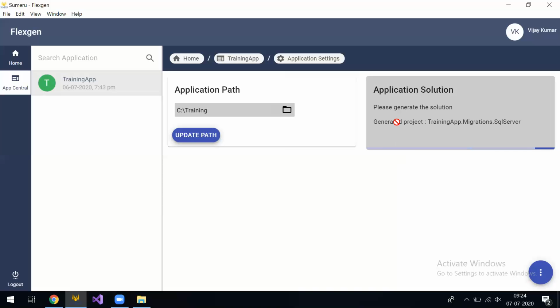So it's showing generated project. So all the projects under that solution that are getting generated are shown over here.